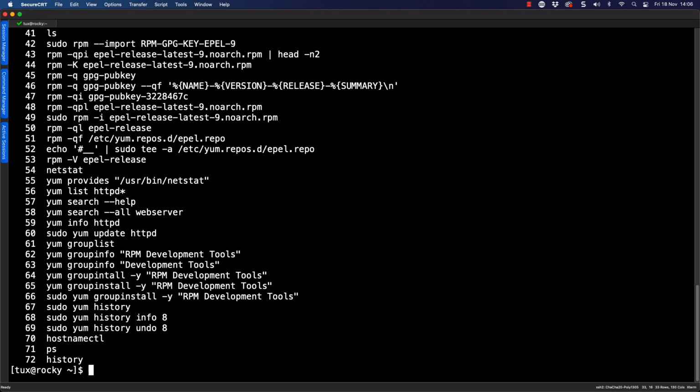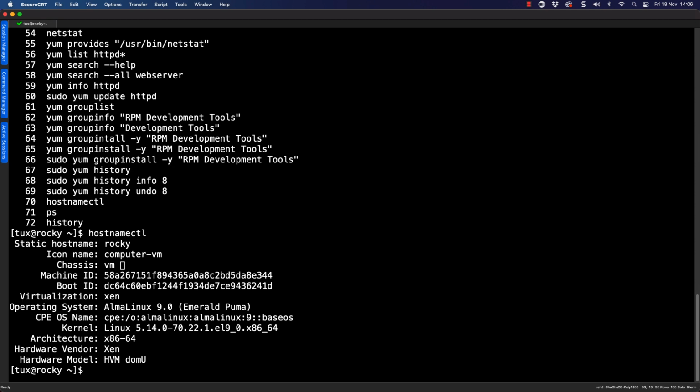When I use the history command, I can see the previous commands that I've run. And I can easily get back to some of these history elements, and we've probably done it just using the up arrow key. Now, whilst that's okay, if I need to get back to my hostnamectl command, we can see that I can easily up arrow, get to hostnamectl, and just hit enter.